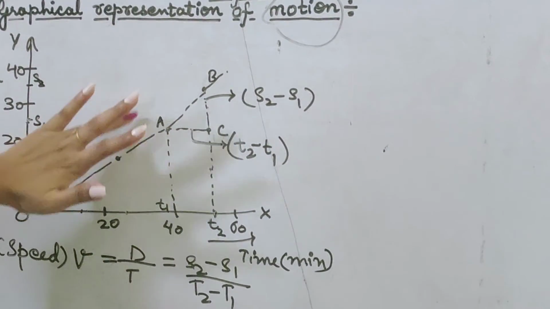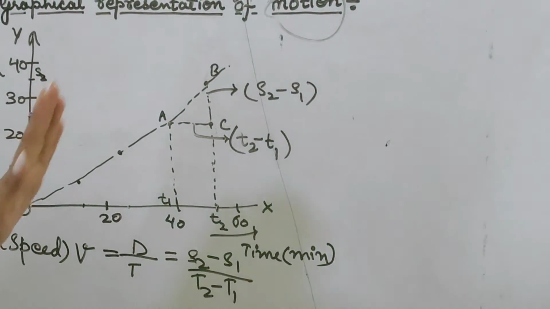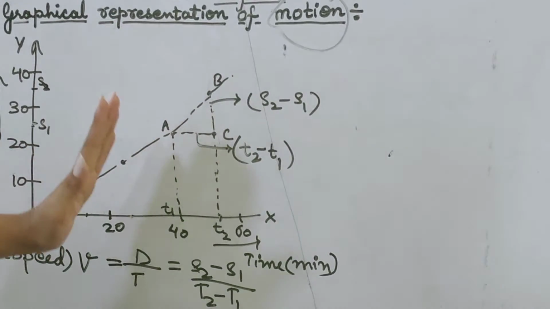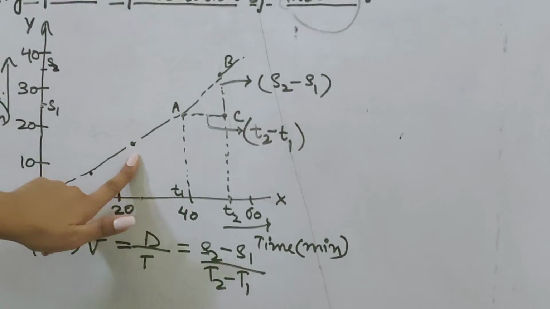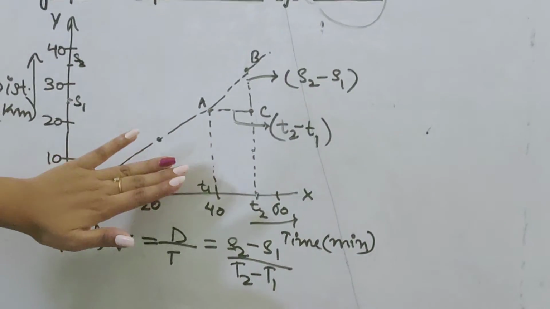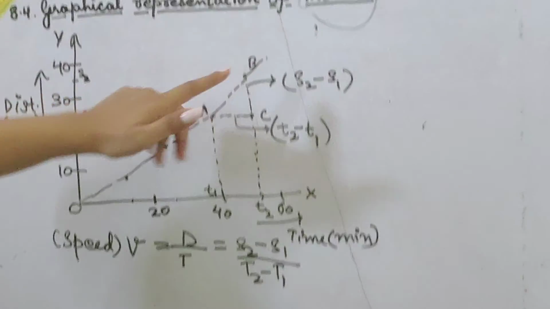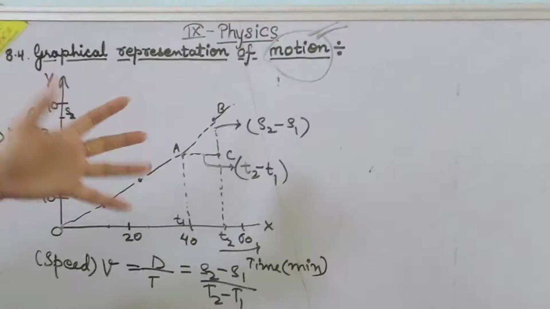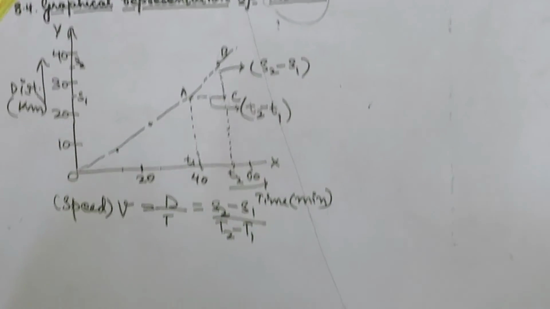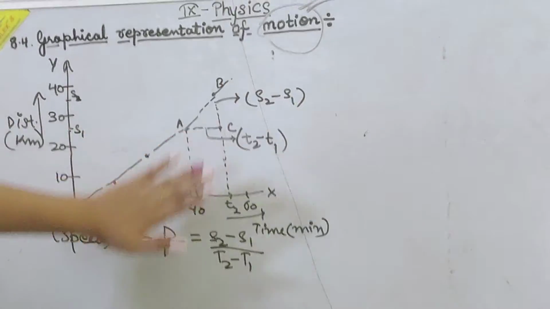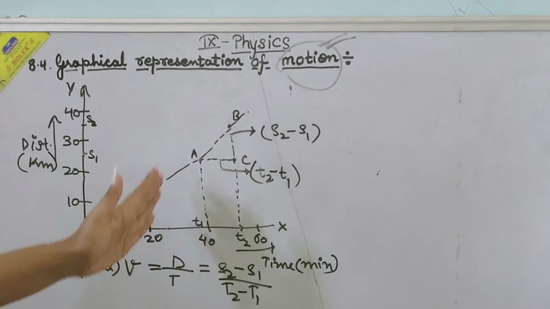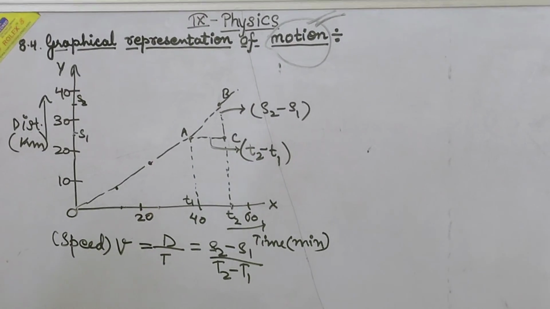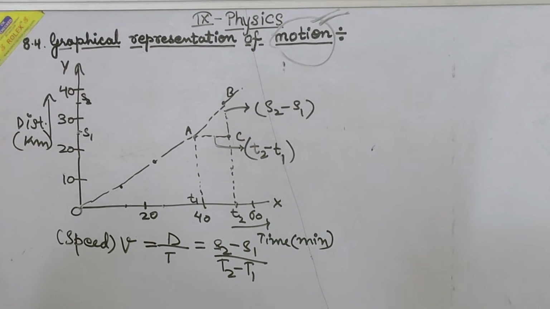If an object travels from point A to B, we can estimate the speed from one point to another point. We can calculate from any point to the other point in such a way. Got it? Yes. We will draw parallel lines and mark the respective positions of the object. Then that will be the distance.